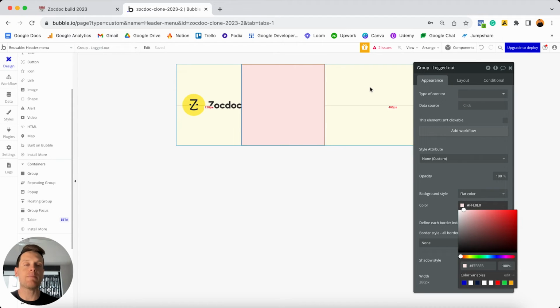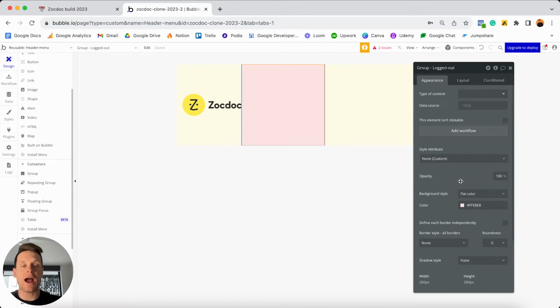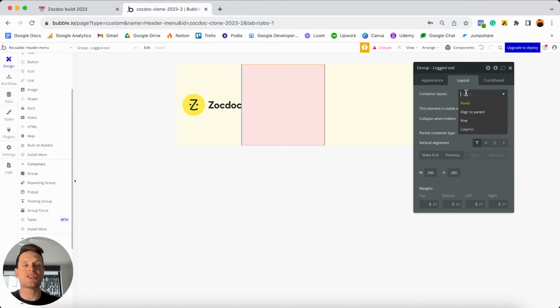Now, unlike the background color of our overall group here, you will be able to remove the background star from this when you go to preview your app. The red color code right here is purely just so we can see where this sits inside of our group. Then from here, I'm going to jump to my layout tab